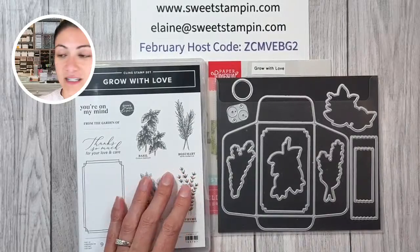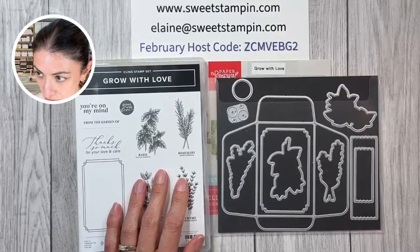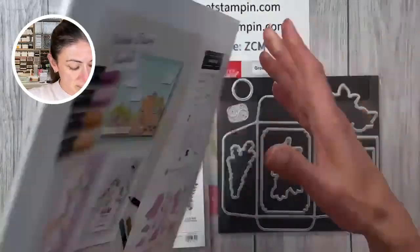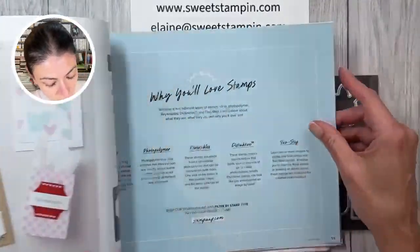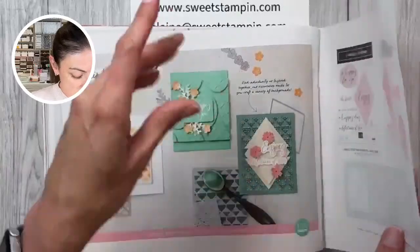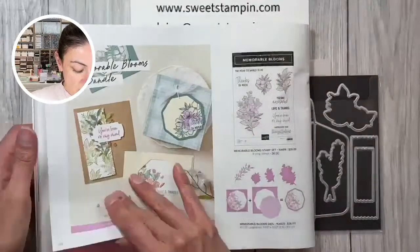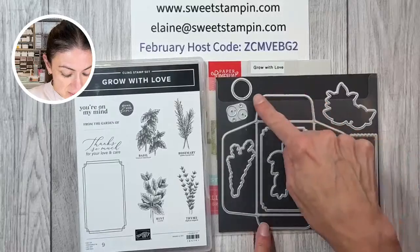I don't even know where things come from anymore. I don't remember if it's from the catalog or from the online exclusives. Let's check in the catalog. I think it's from the online exclusives. I don't think it's in here. Let's see if I am correct. Okay, so those were all of those bundles. And then the Memorable Blooms bundle I'm going to be doing, and the Link Together bundle I'm going to be doing. Okay, so I think it's safe to say that this is from the online exclusives, and it has this really